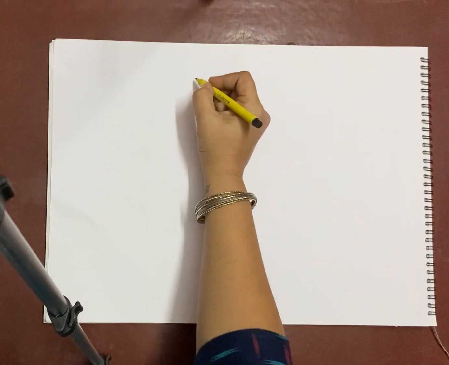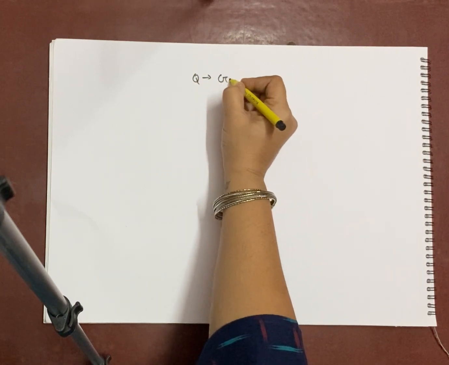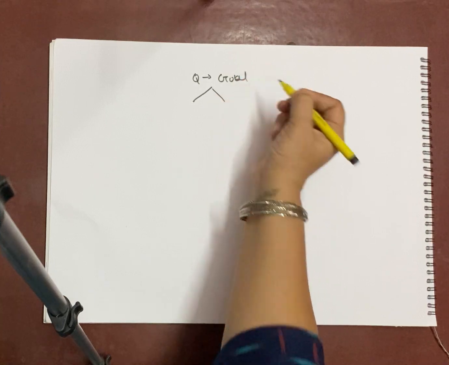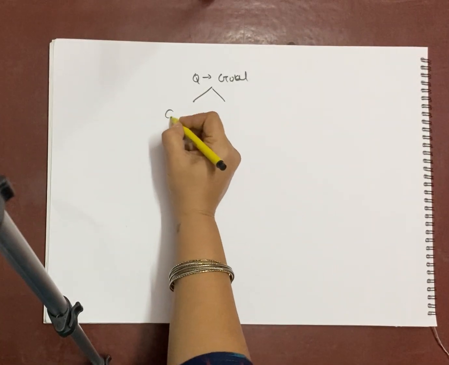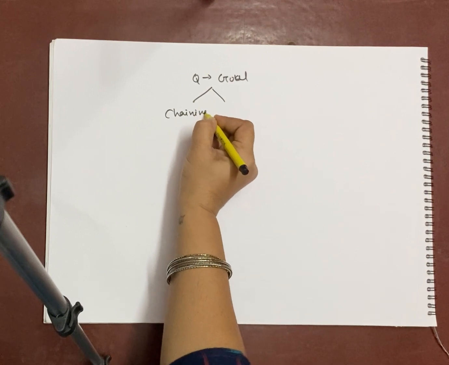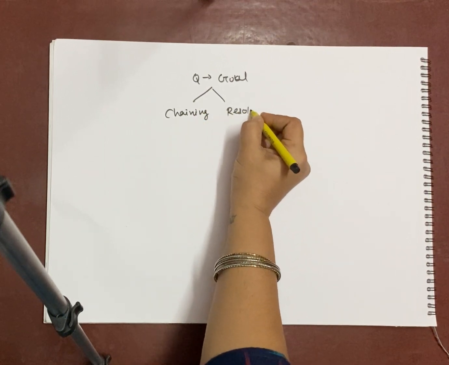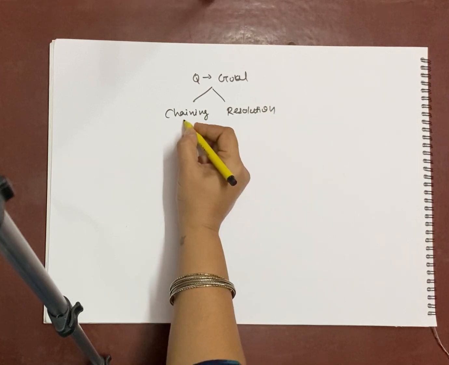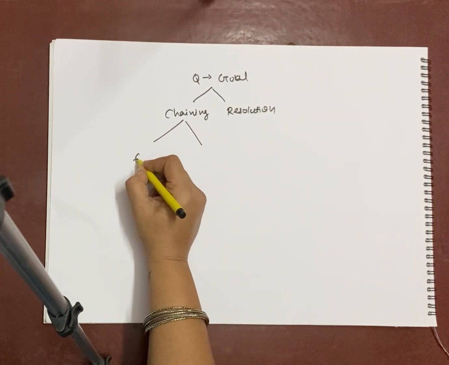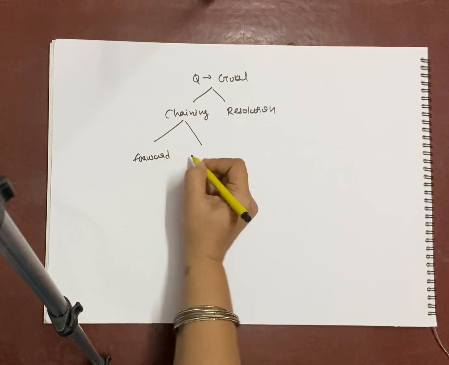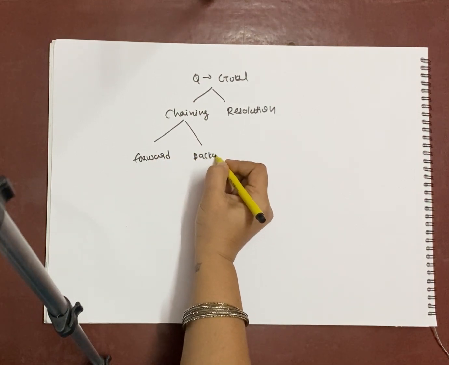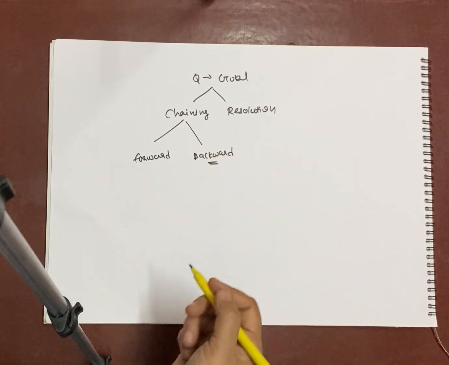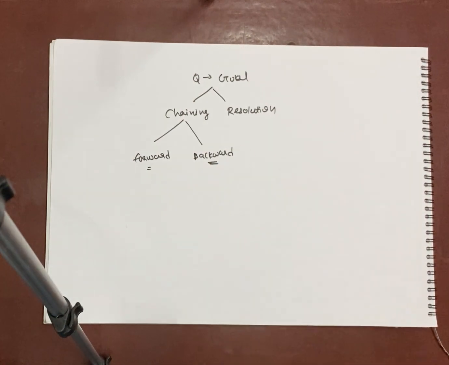Welcome back students. So today we are going to discuss applying resolution. What we have discussed till now is that whenever we have to answer any question or satisfy any goal, there are two methods that we can apply. The first method is called chaining and the second method is called resolution. We have already discussed that chaining can be subdivided into two categories: forward chaining and backward chaining. We have already discussed examples of backward chaining. Forward chaining we will discuss as and when it is required.